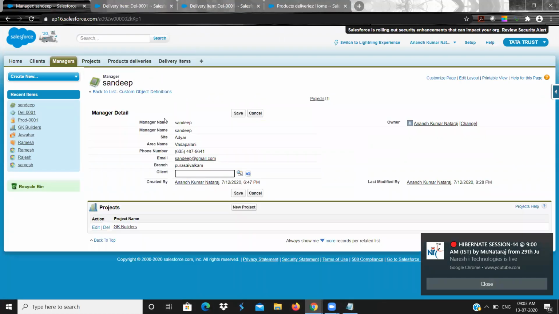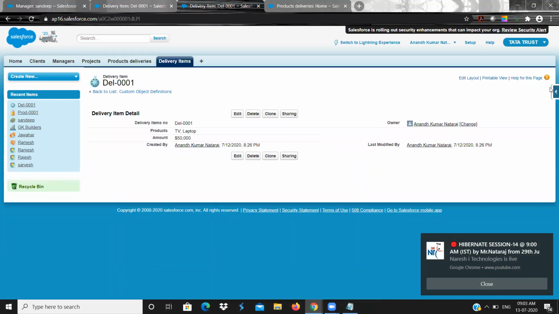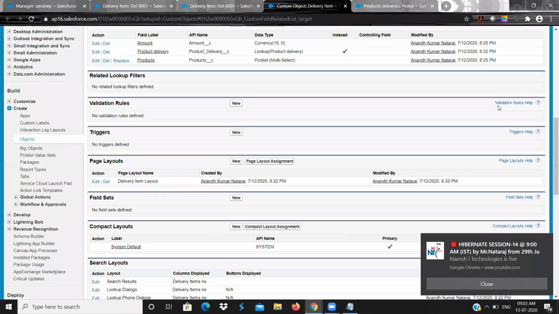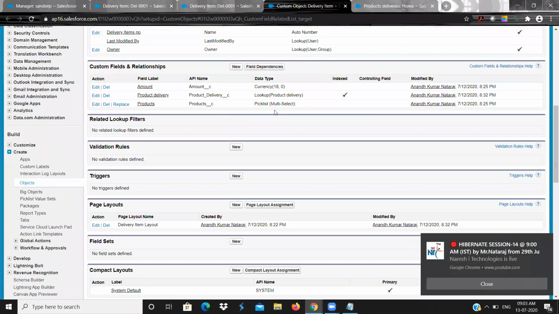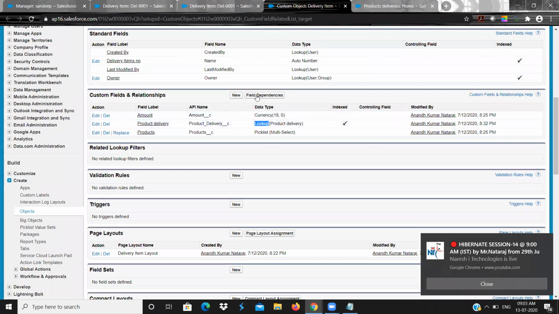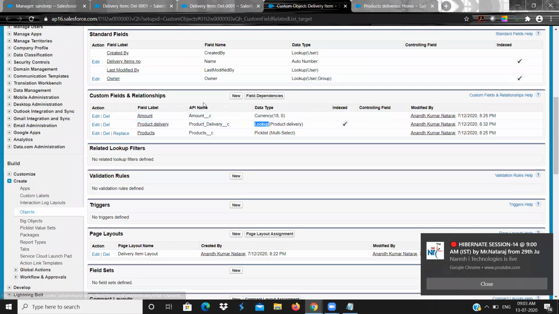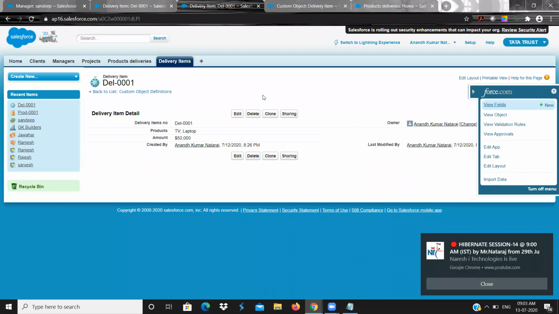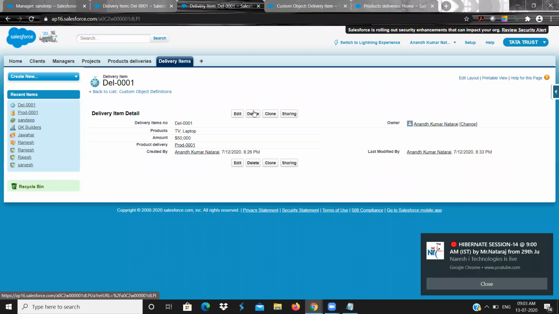Now we will use this shortcut to go back. See, here it is a lookup and the owner is still available. For the delivery item you can see the owner, and you can see the lookup field also, the parent record and the owner are available.